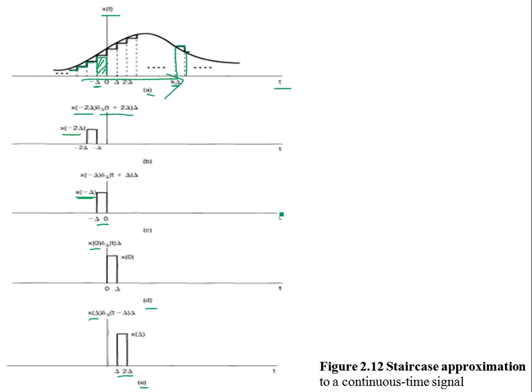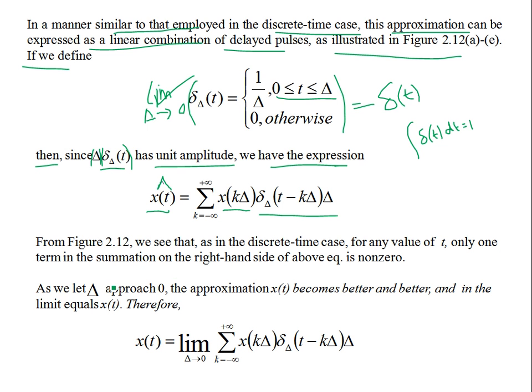Okay, for example, what is happening over here is that this is minus 2 delta, so the signal takes the argument minus 2 delta, and whatever is the value of x(minus 2 delta) is the weight or the area under this pulse. Similarly, at minus delta you have x(minus delta), at 0 you have x(0), at delta this is x(delta). So if you sum it up from k equal to minus infinity to plus infinity, you expand this for